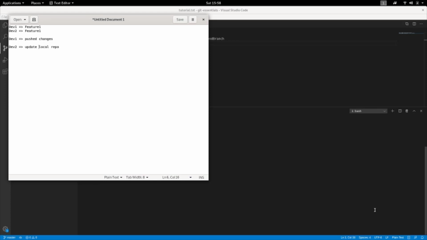Update local repo with remote repo. So he'll have the latest commit, that is the commit done by developer 1. He'll have developer 1's commit in developer 2's local repo. Then he'll update his code and push changes again. So this is the concept of fetching and pulling. Hope you understood this one.